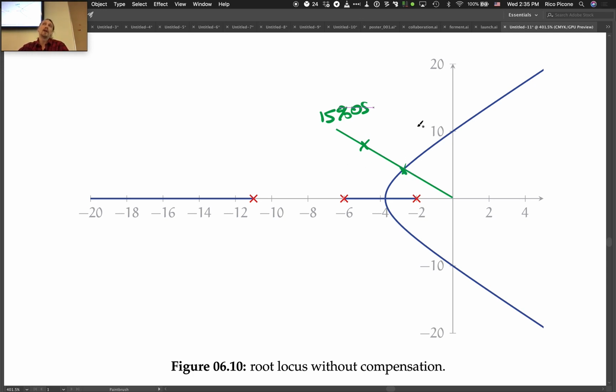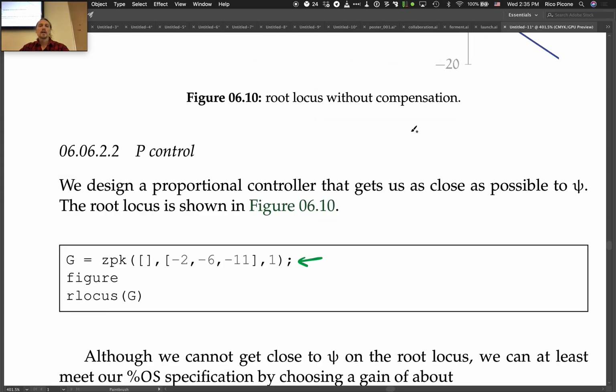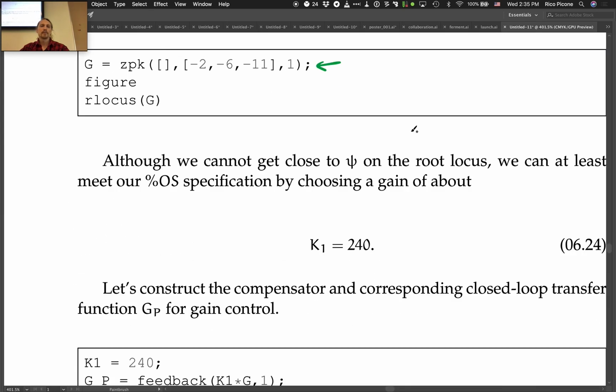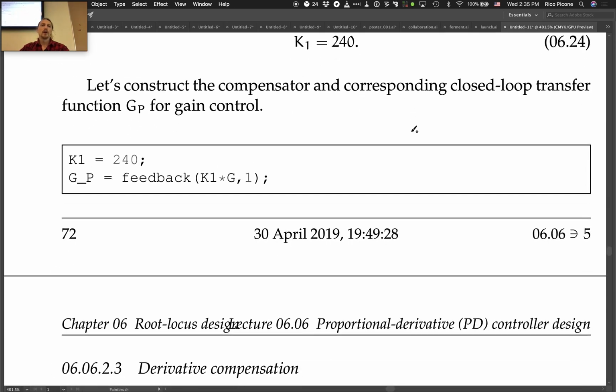So I'll just meet one of them. I'll do the overshoot, and then for settling time we'll have to use a derivative compensator. Very good. So we go ahead and choose that. 240 is our gain. We also form the closed loop transfer function using the feedback